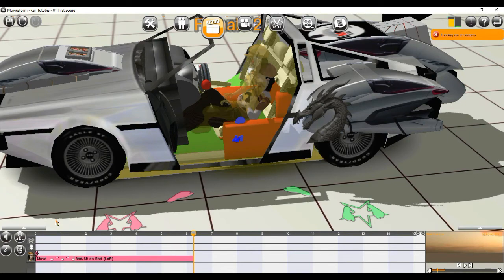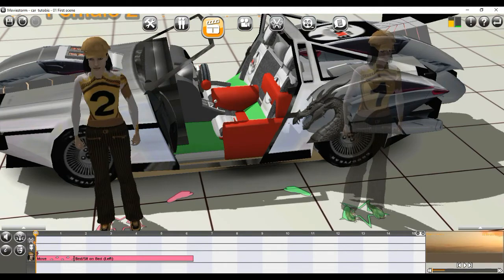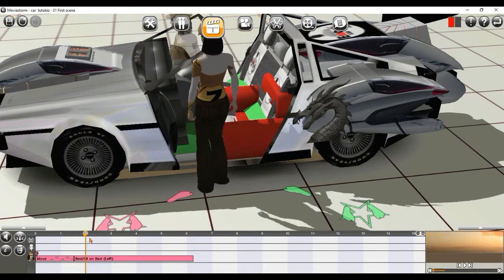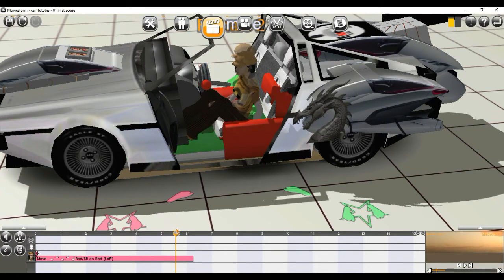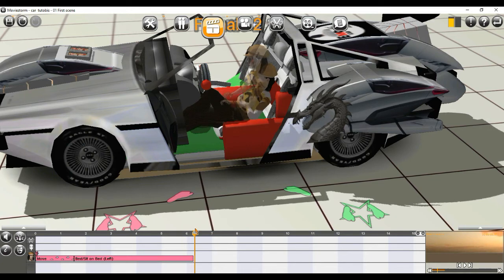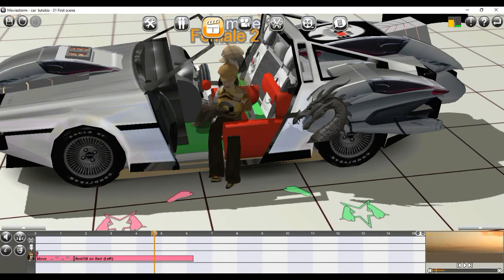Then Female 2 gets on the bed and stretches out on the bed, as you can see. We play the animation to see what we have done looks like. Now watch what we are going to do. Just when the position of Female 2 coincides with the position of Female 1 who is already seated on the